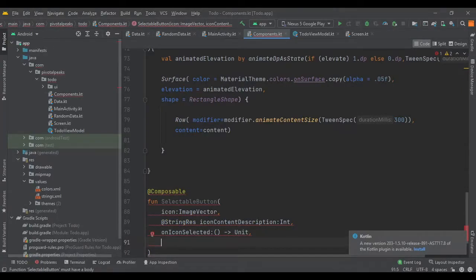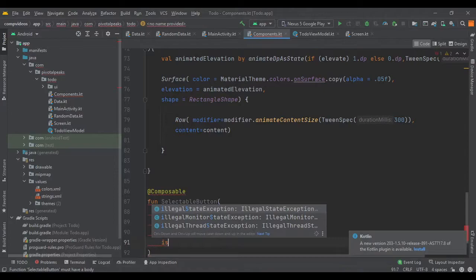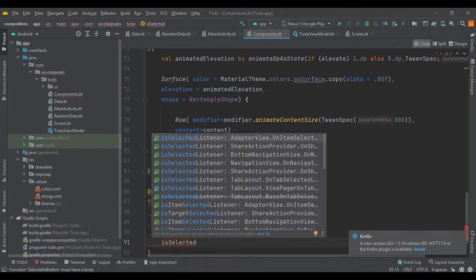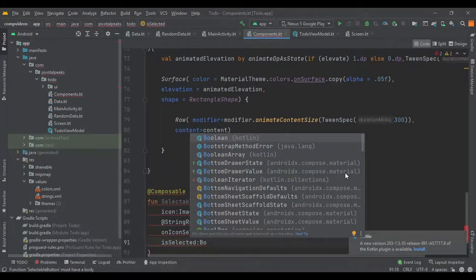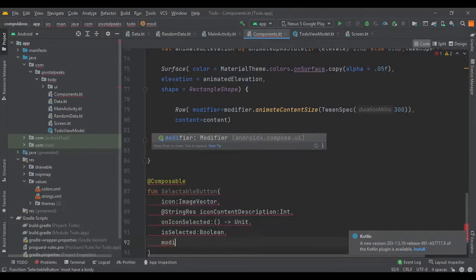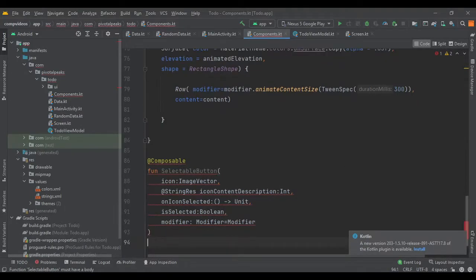And the fourth parameter is going to be a boolean to save the selection state, so isSelected of type Boolean, and the last parameter is going to be our modifier. And yeah, that's it for the parameters.